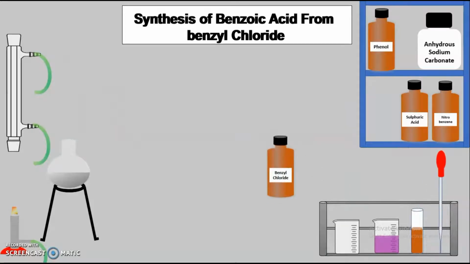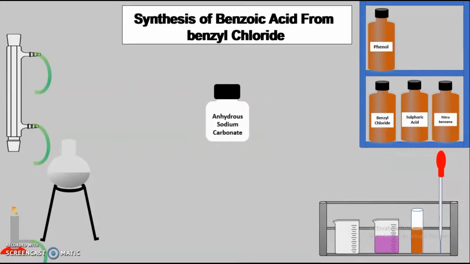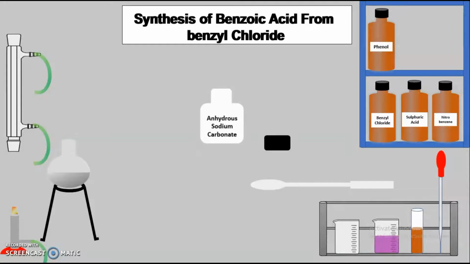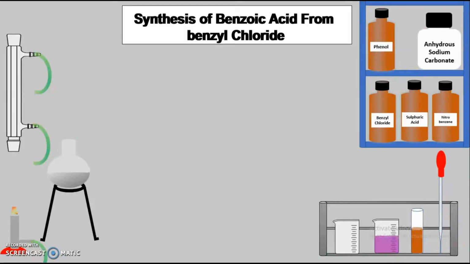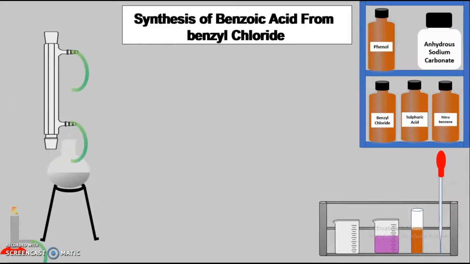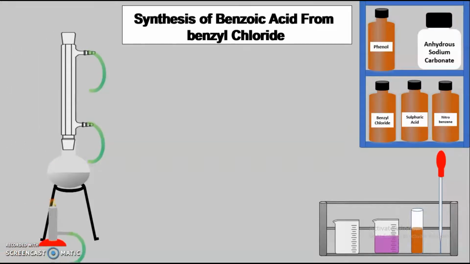Then the second point is that we are going to carry out the addition of anhydrous sodium carbonate. 4 gram of anhydrous sodium carbonate is required. Here you can see we have taken the bottle of anhydrous sodium carbonate. Then with the help of the spatula, we are taking the actual quantity of the anhydrous sodium carbonate by accurately weighing. Suppose we have taken 4 gram of the anhydrous sodium carbonate, and then we are going to add it into our RBF. After this, we have prepared a mixture of benzyl chloride, anhydrous sodium carbonate and 50 ml of the water. After this, we are going to place a reflux condenser, and then we are going to carry out the heating.